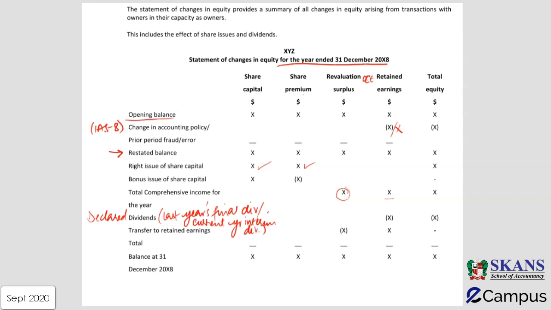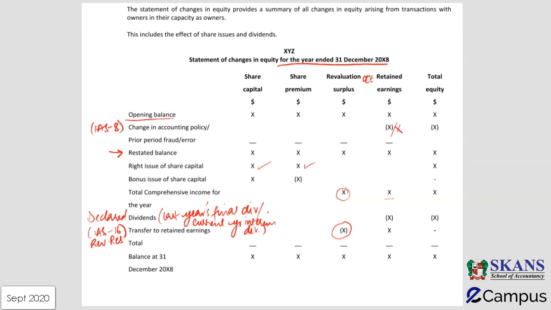Then there is the transfer to retained earnings, which is done as per IAS 16 for the revaluation reserve. Its transfer is done from revaluation surplus to retained earnings every year. This is called realization of the revaluation surplus. So how do we calculate this figure? This we will see in IAS 16. But otherwise, every year a figure is removed from revaluation surplus and added to retained earnings. Normally, this figure is calculated by calculating the additional depreciation due to revaluation.